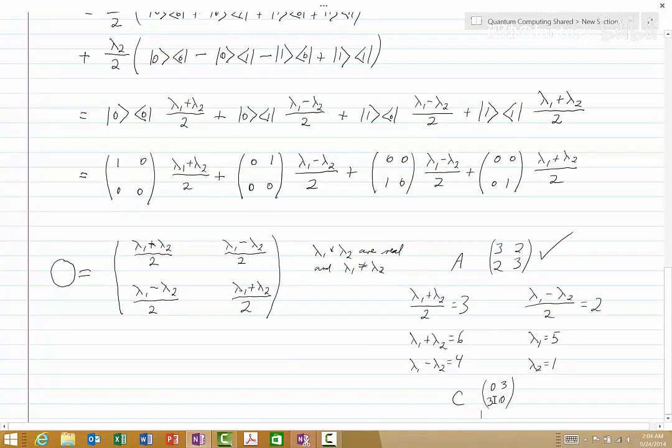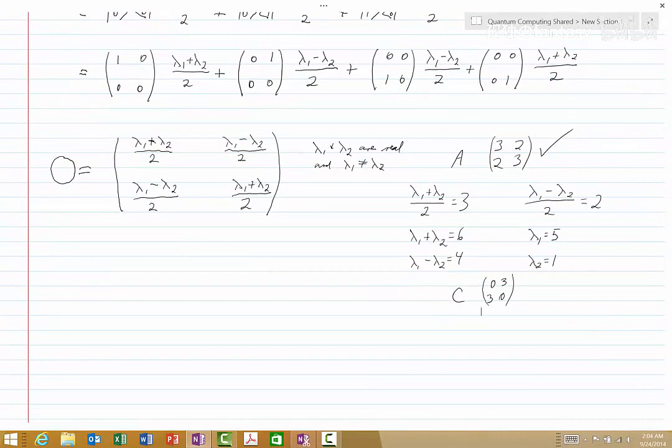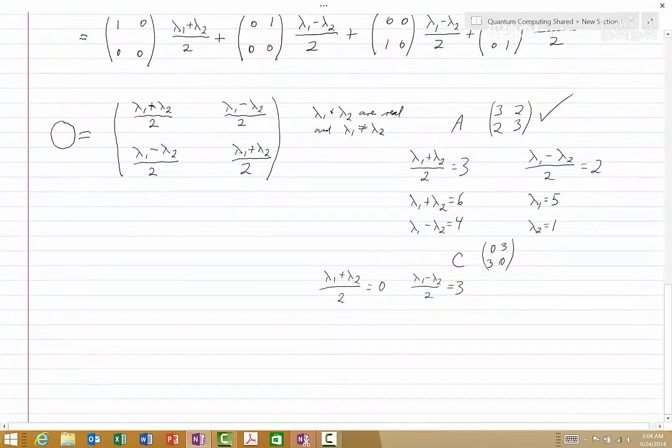But can this matrix be expressed in this way? Well, let's just check again, just as we did for A. We would have (lambda 1 plus lambda 2) over 2 is equal to 0, and (lambda 1 minus lambda 2) over 2 is equal to 3. Those are the only two independent equations that we get. So the first equation would imply that lambda 1 plus lambda 2 is equal to 0,